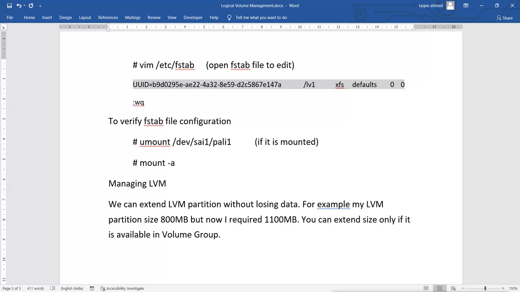And how will you increase the size of the volume group? By adding new PVs. You can create a new physical volume, and then add that new physical volume into the volume group to extend its size, and then you can create new LVs, or even extend the size of existing LVs. So first you have to verify that your VG has enough size. My size is 800, and I want to increase it to 1100. That means I want 300 more.